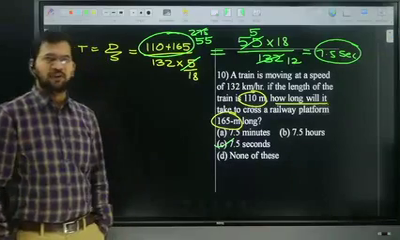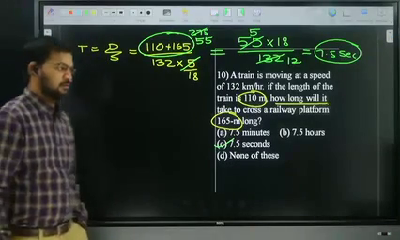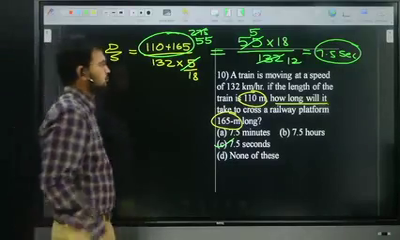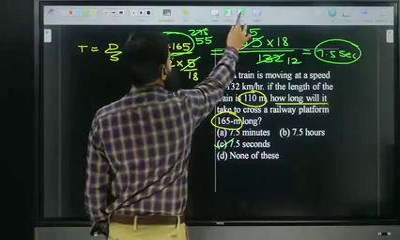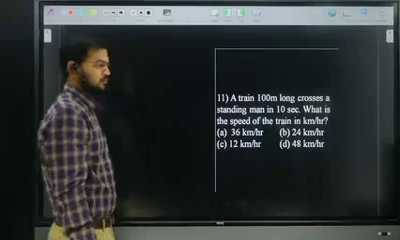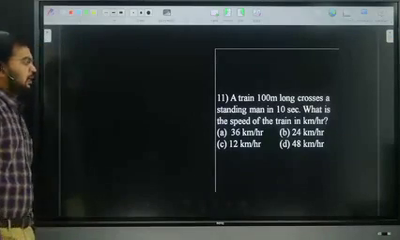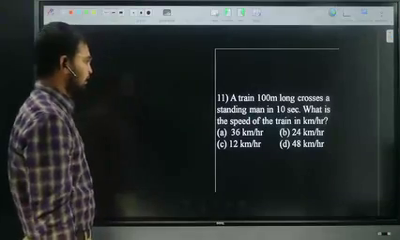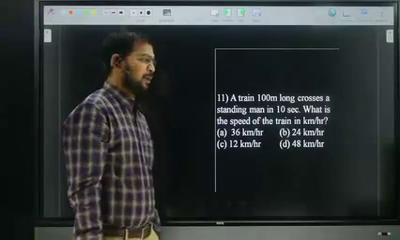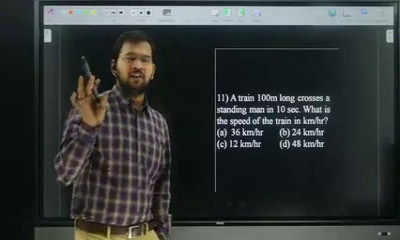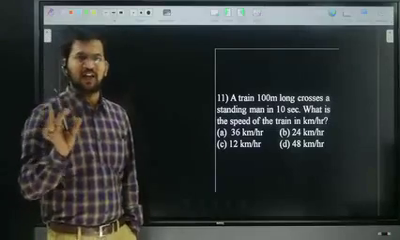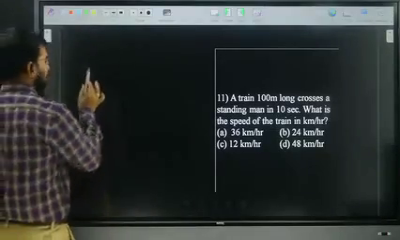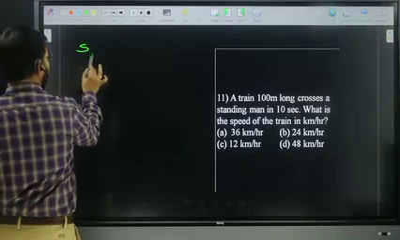Shall I go for the next question, amma? A train 100 meters long crosses a standing man in 10 seconds. What is the speed of the train in kilometers per hour? A standing man is also a stationary object. So whenever they're asking the speed of the train,